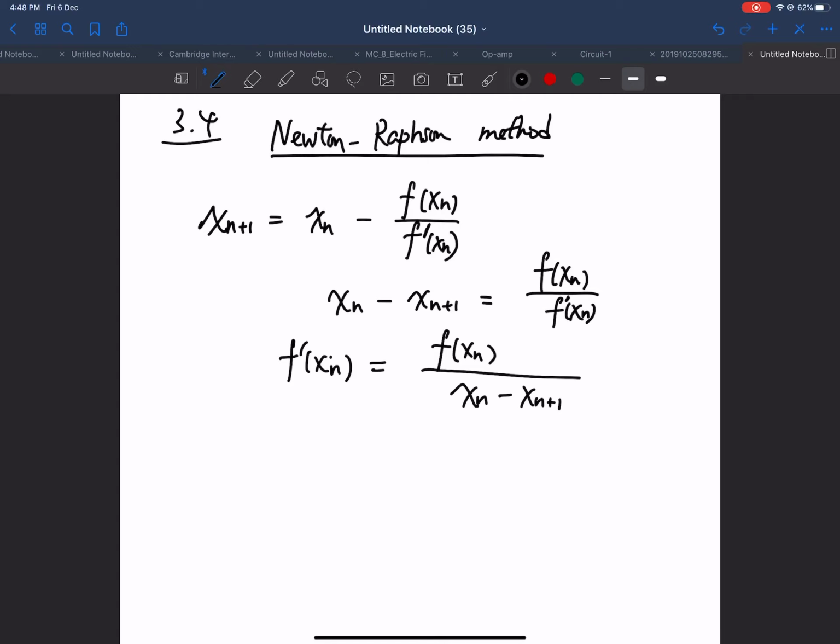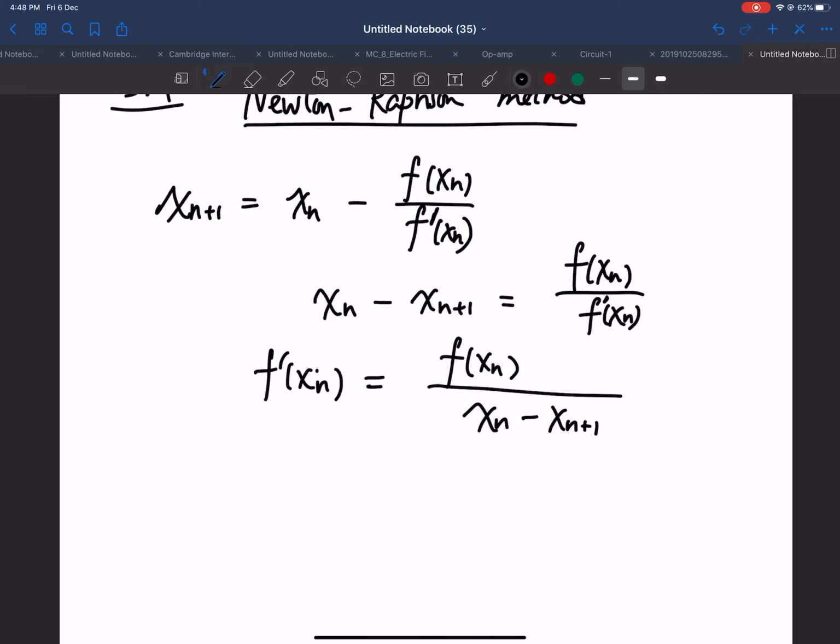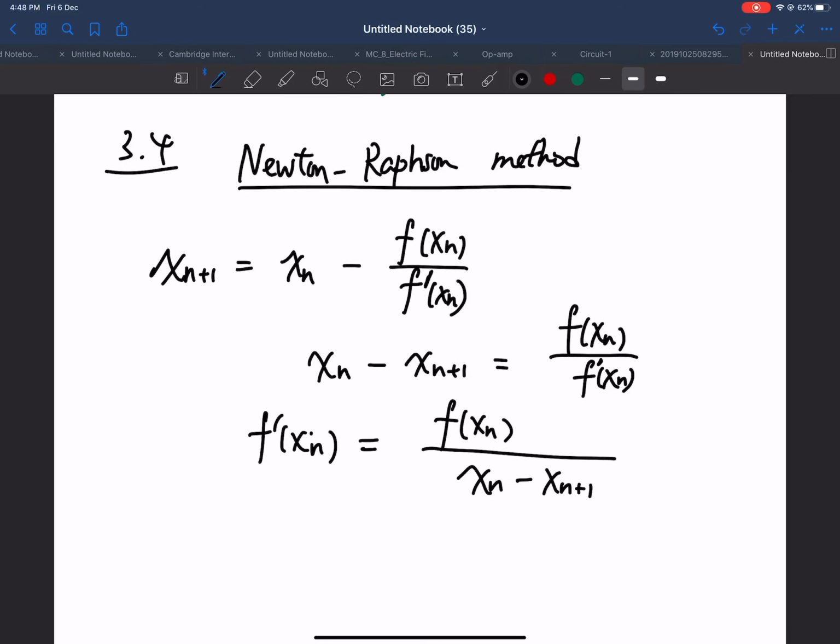So this form looks much like the form for the slope, so change in y over change in x. But y here is the same as f(x_n) minus 0 in the numerator. So why does it look like this? Now f(x_n) is not 0. It depends on the equation. If f(x_n) is 0, then you get